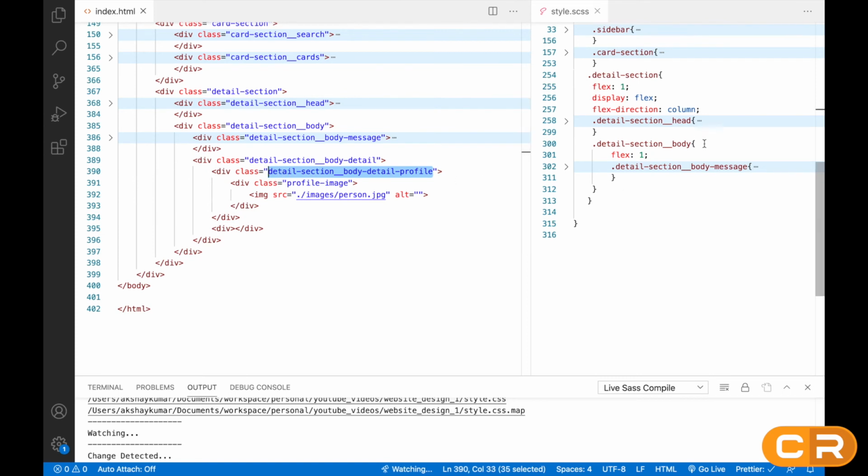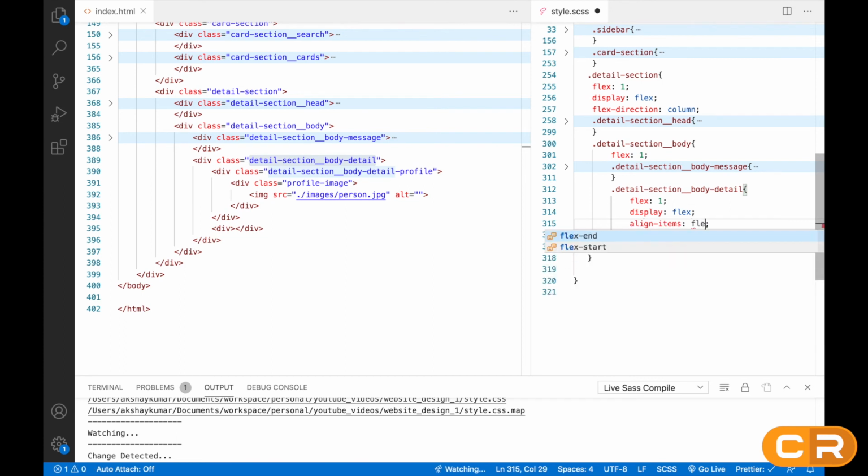So inside this body section, we have to give this detail section here. So here we'll give flex 1, then display flex, align items flex start.